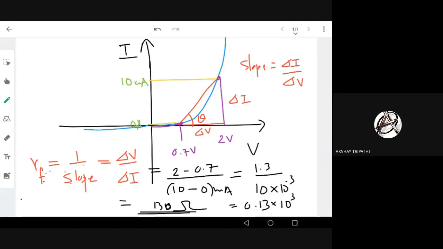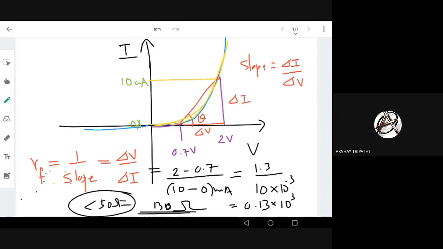When you go to the lab or you have some diodes at home, you can check with a multimeter or an ohm meter how much their forward resistance is. But when you check with the ohm meter, you get something around 300 ohm. This is actually a different resistance. This is the dynamic resistance, not the static resistance, where we vary the current from some point and check the resistance. Here it is 130 ohm, but in some practical cases it may be less than 50 ohm.